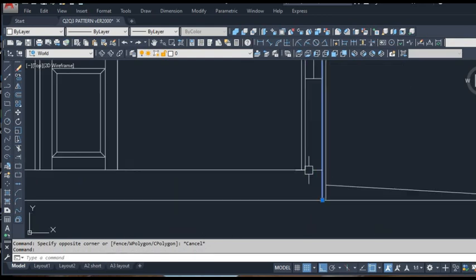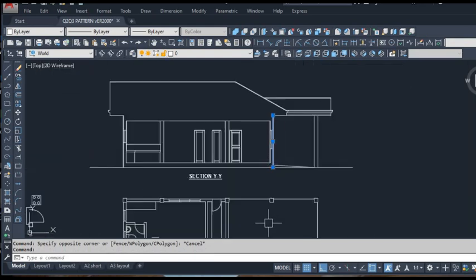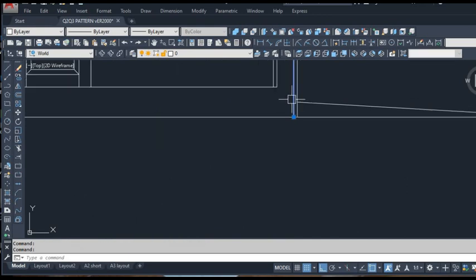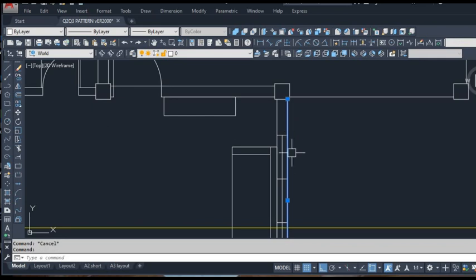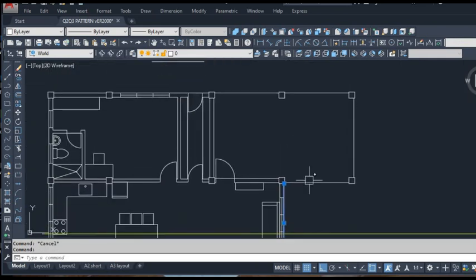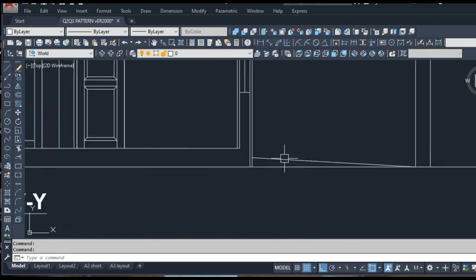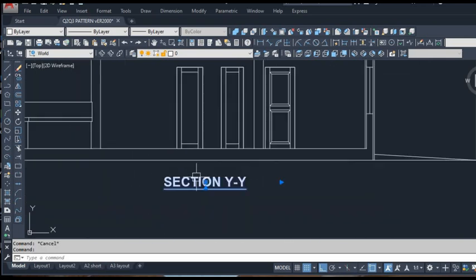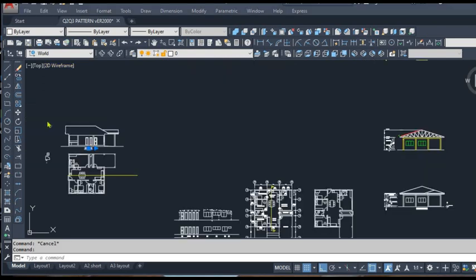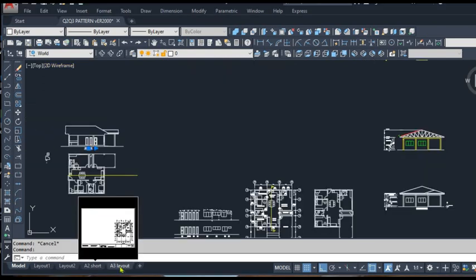Yung line na yan, diretso siya sa ground. Remember that this line refers to this line no wall. Okay? Tapos, ito naman, yung line na yan, refers to this ramp ng garage. Okay? So, and then, pinalitan ko ito ng section YY. Y means the vertical line. So, going back to my layout,